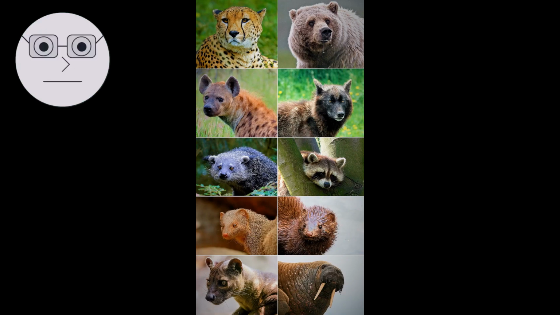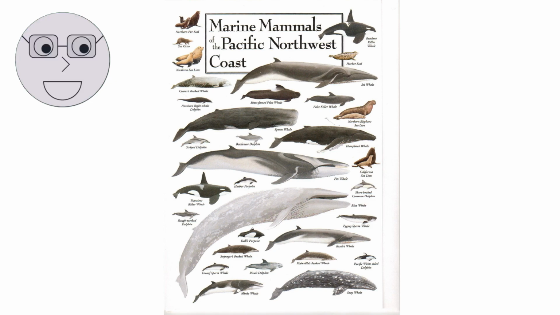Above the family level, organisms are grouped into orders. An order is a group of related families that share common characteristics. For example, the order Carnivora includes all the meat-eating mammals, such as cats, dogs, and bears. Above the order level, organisms are grouped into classes. A class is a group of related orders that share common characteristics. For example, the class Mammalia includes all the mammals, which are characterized by their ability to nurse their young with